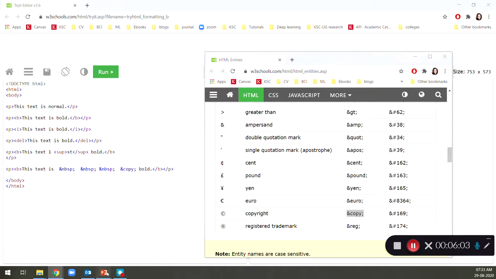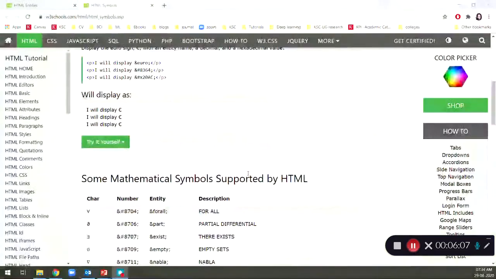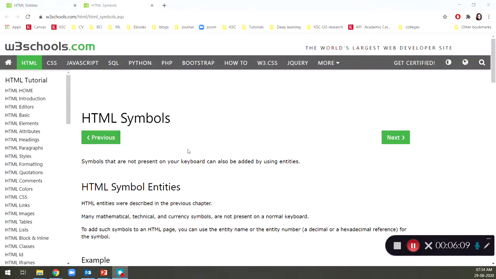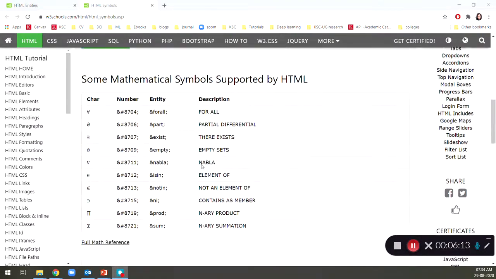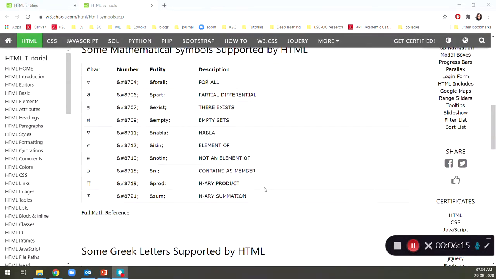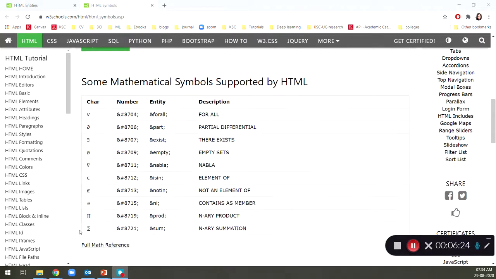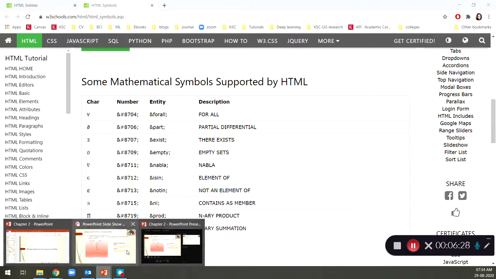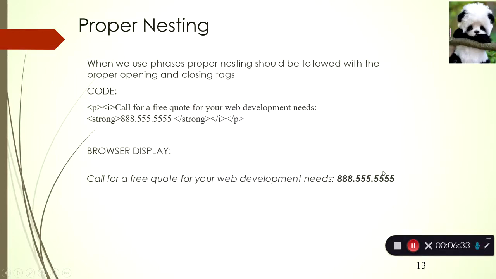You can even use HTML symbols to display special scientific notation. If you want to display a mathematical equation in your web page, then HTML5 provides these special entities to display special characters. I have given a link in the slide, so you can refer to it. That is about special entity characters.